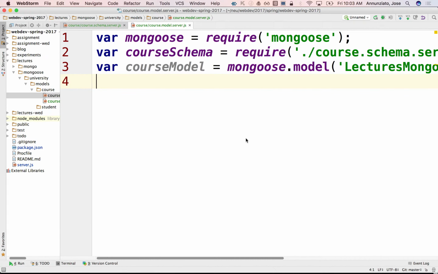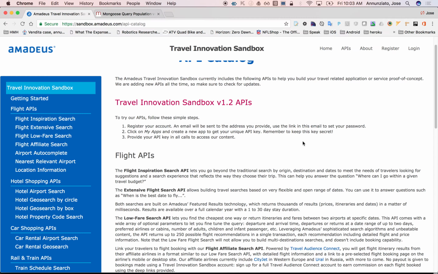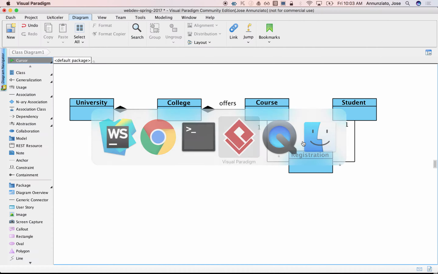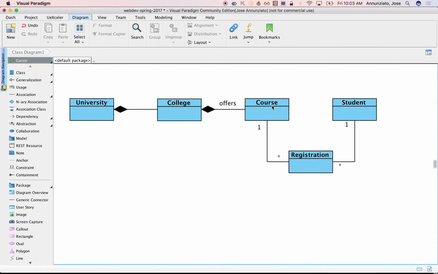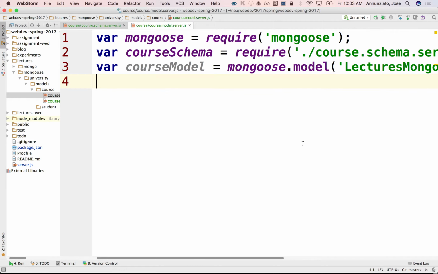There it is. That's our model. In our model, we would like to be able to do things such as create new courses, delete courses, find courses. Let's create only the things that we need, just enough for us to illustrate. Really what we want to illustrate today is creating these relationships. That's really where I want to get to: how do you implement those relationships? All right, so let's at least create a